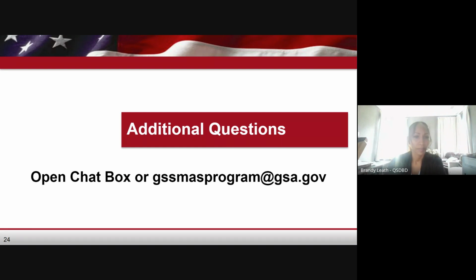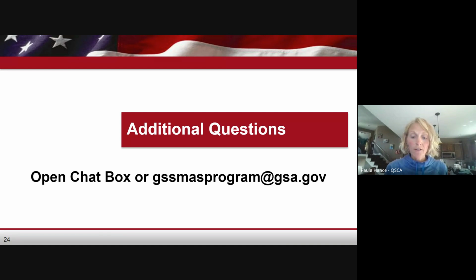You will submit a modification to delete the dotcom catalogs from your scheduled contract. If you do not know where those are referenced on your contract, please reference the GSS Mass Program Office at gsa.gov. And you will also need to submit a new zip file to remove any references to the dotcom catalogs. Please just reach out if you have any questions on where those are located on your text file.